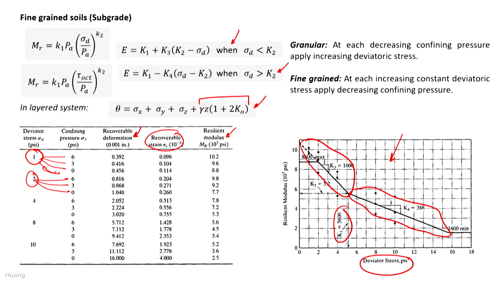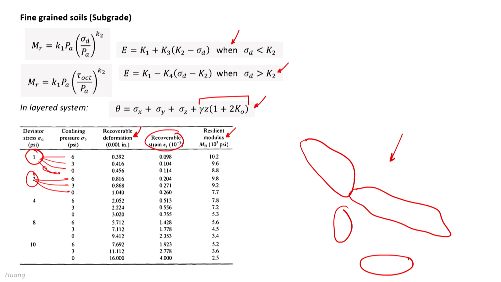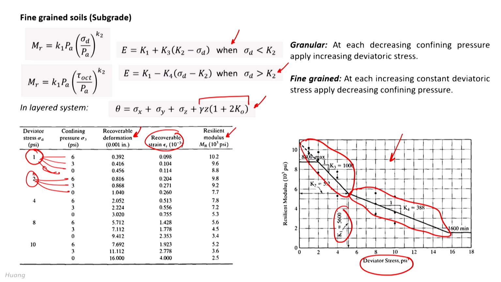As I mentioned, typically for testing granular material, at each decreasing confining pressure we apply increasing deviatoric stress. If I go back to this slide, you see here that the confining pressure is decreasing, and at each confining pressure you are applying an increasing value of the deviatoric stress. Whereas in the case of fine grained soil, at each constant deviatoric stress, the deviatoric stress increases, but the value of confining pressure at that particular deviatoric stress decreases, okay,